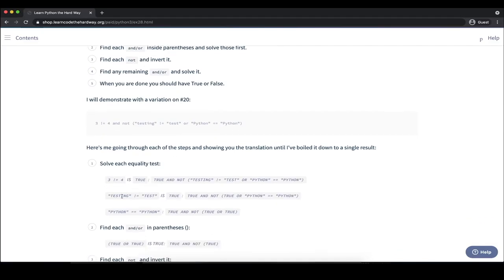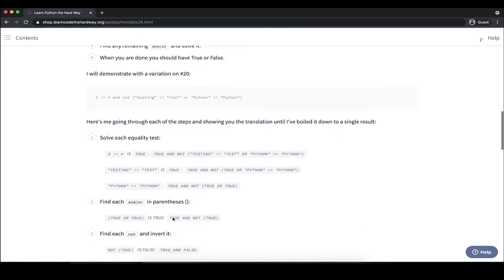We can take a look at testing does not equal test, which evaluates to true because these are different strings. Then we have true and not true, or Python equals Python. Next we would evaluate Python equals Python, which is true. Then we would take a look at the or statement in the parentheses, the middle statement here. So we have an expression that evaluates to true, or another expression that evaluates to true. So we have true or true,